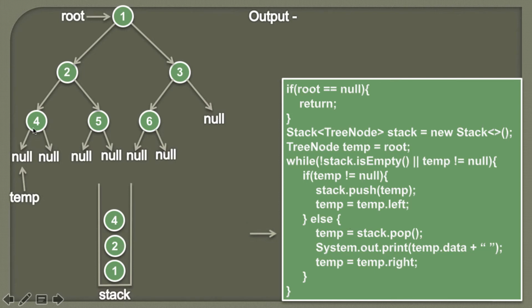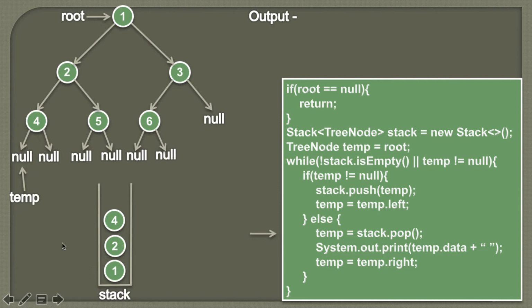And here we can see that node 4 left is pointing to null. Therefore there is no node to be visited. So therefore we have visited its left subtree completely. So now is the turn that we can visit the node 4. So in order to do that we'll simply pop the first element from the stack and we'll assign the temp to that node. So here you can see as stack is a LIFO data structure, the last element inserted is the first one to be removed. So when we do a pop, the node 4 will be popped out and value of node 4 will be assigned to temp. So therefore once the node 4 is popped out, temp will now point to the node 4.